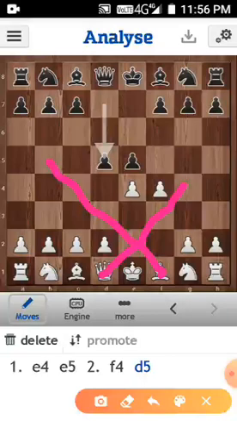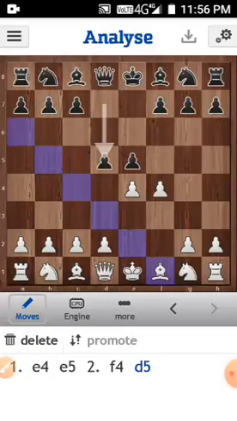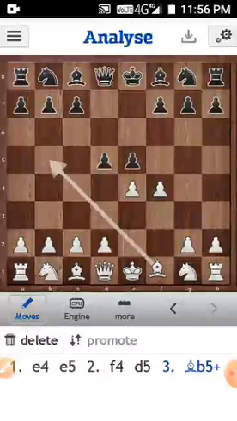The reason being this is the most important piece among the other major pieces and minor pieces in the game. So now, since it is white's turn, it would like to develop its white bishop over here